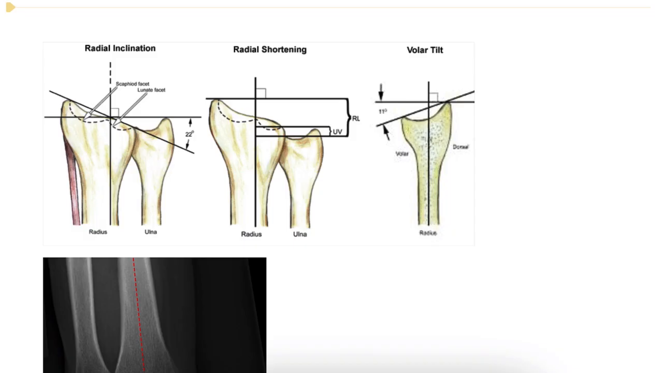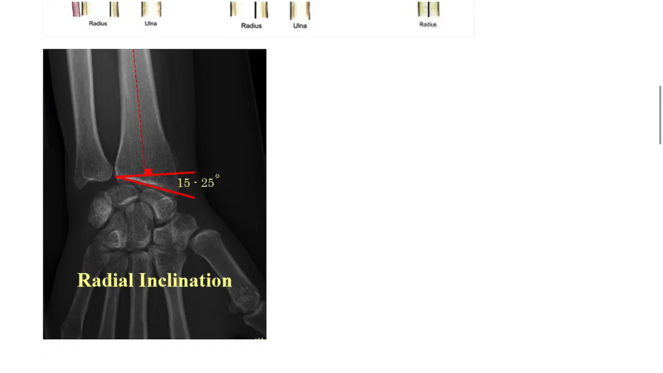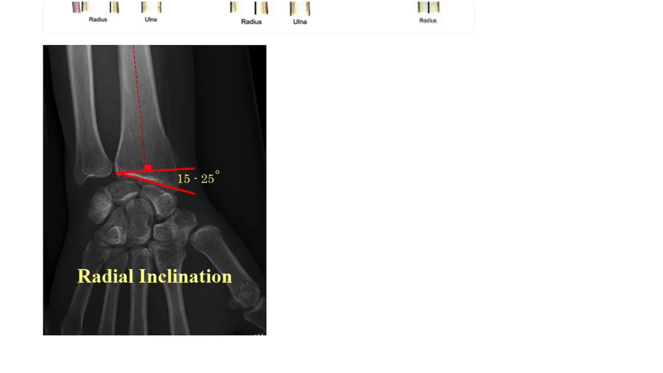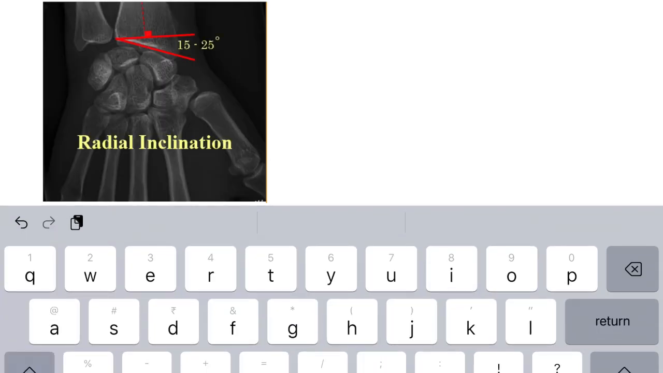Every time we have to check with the posterior anterior view of the wrist. Okay, so for what purpose are we checking this? If you look at this image, you can see the radial inclination, which we already marked here. We can see it is 15 to 25 degrees, and 22 degrees is the normal value. Okay, so in clinical relevance,